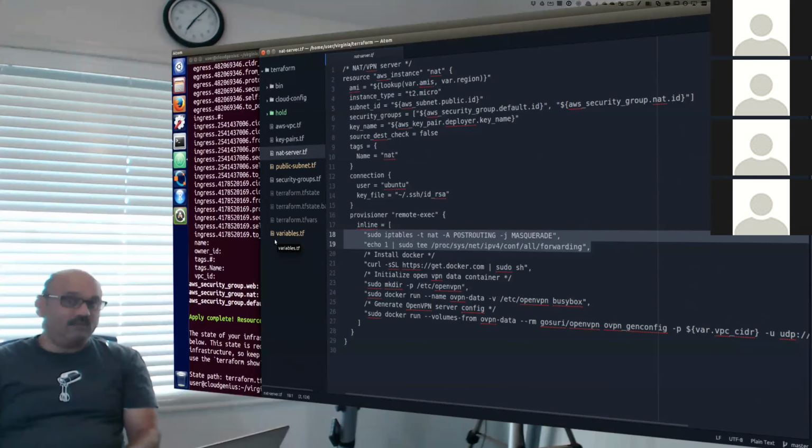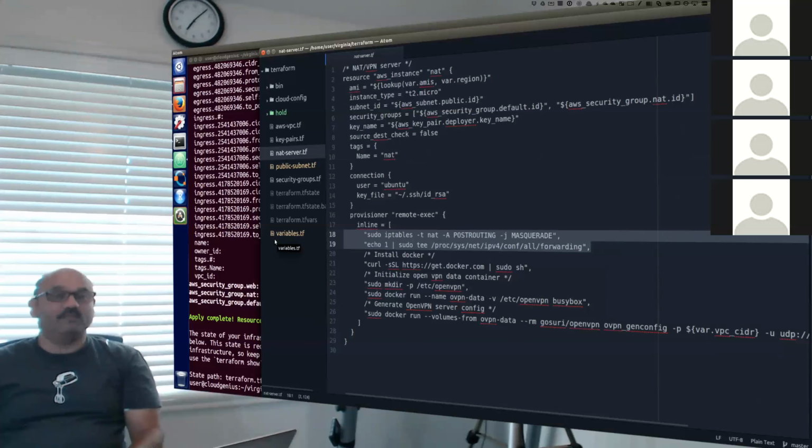Putting a number 1 in that file is what we are doing essentially. Line number 19, echo 1 with sudo tee. This will include the number 1 inside that file, and that enables it to forward traffic to other machines.